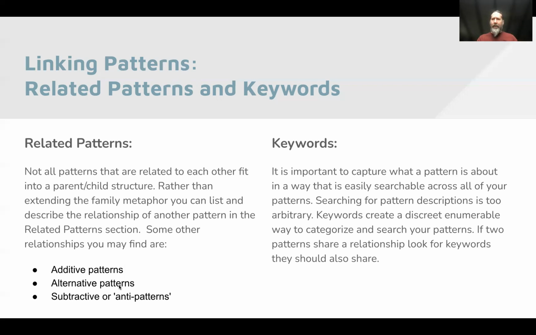Alternative patterns are patterns that both achieve the same kind of goal, but don't really work together. You want to do one of them or the other one, right? That might be patterns about camera perspective. You're going to pick probably one or another camera perspective for your game, and there might be two perspectives that both achieve the same kind of effect, but you're going to pick one or the other of those. So those would be alternative patterns, one or the other. They both do similar things, but you don't want to use them both at one time because they'll muddy the waters or be less effective.